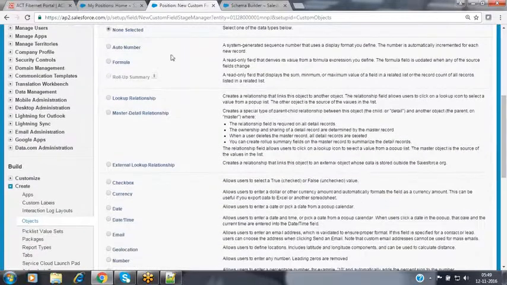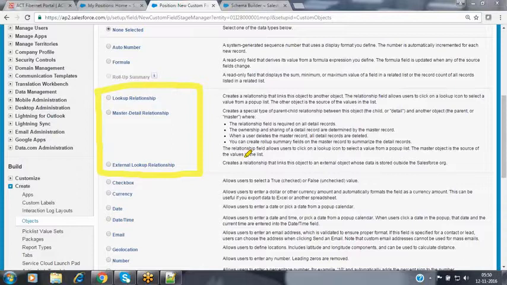Previously we discussed the auto number field, checkbox, currency, date, time, everything. Now in this case, you will have some relationship fields: the lookup relationship field, the master detail relationship field, and the external lookup relationship field. These are the various types of relationship fields available to you.